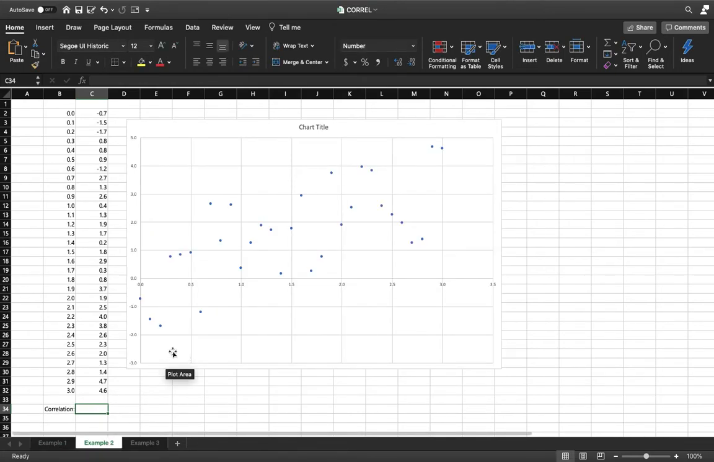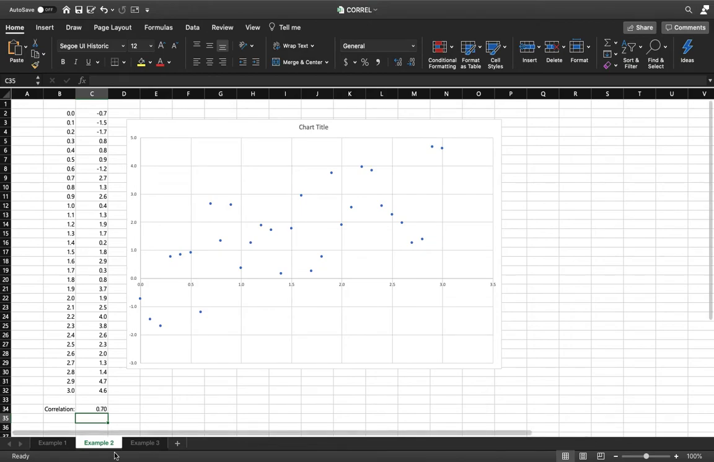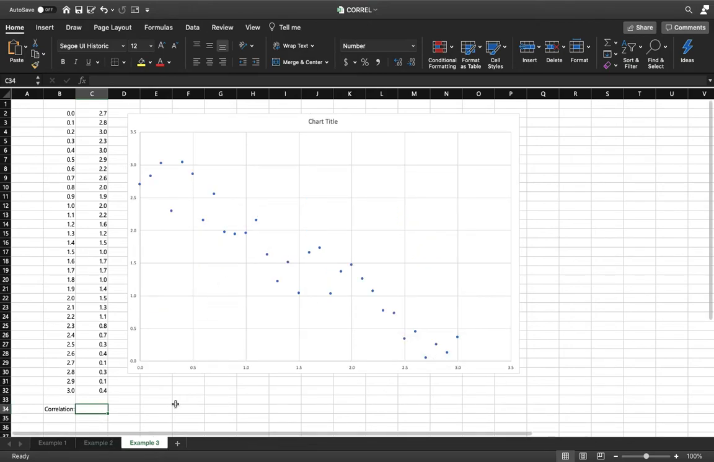In this second example, you should be able to see that there's a reasonably strong positive relationship between these two variables, and this is reflected by a correlation of about 0.7. Finally, the last example has an even stronger relationship, though the sign will be negative since you can see